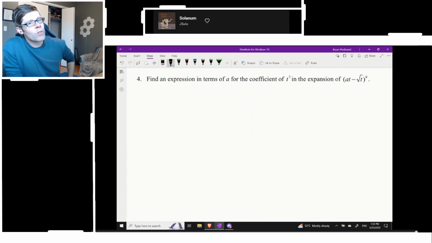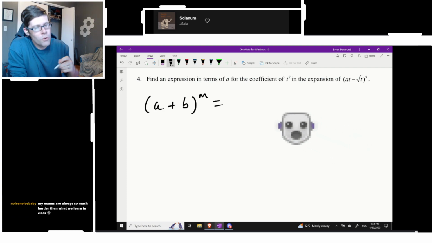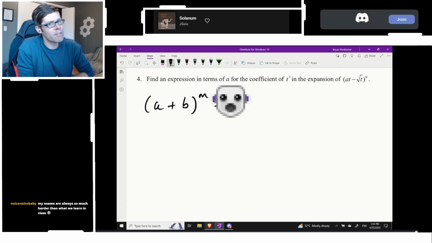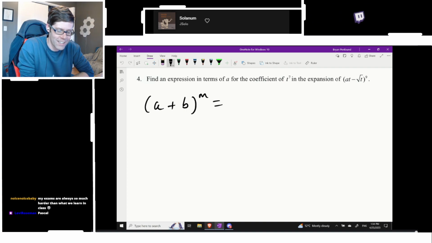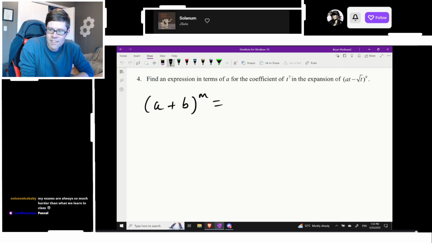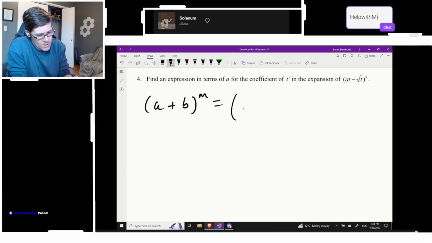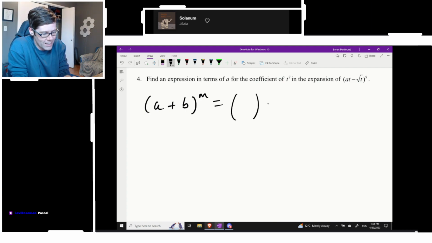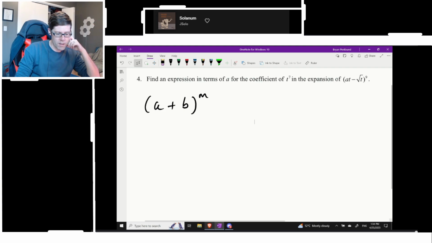Who can remember the binomial expansion? I cannot. I know that if I say that out loud, Levi's probably going to be one of the first people to tell me what the formula is. Something choose something? Something choose something? There's an actual formula for this though, isn't there? Is it a summation formula?